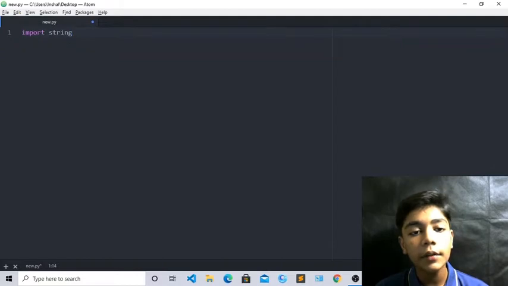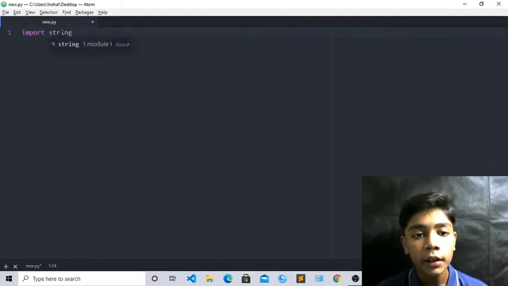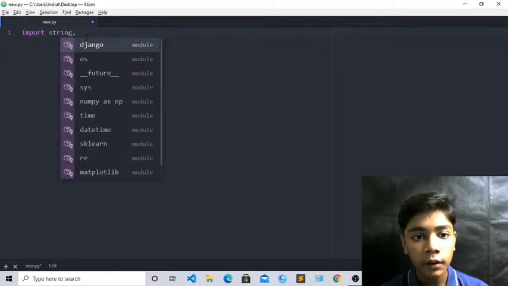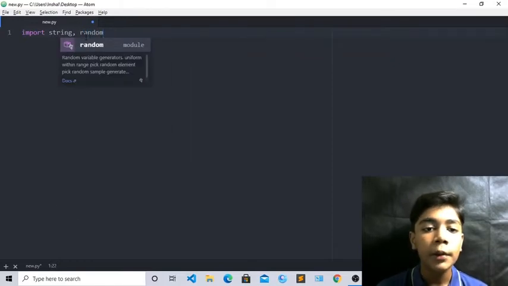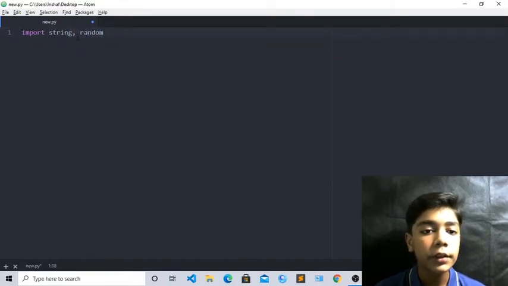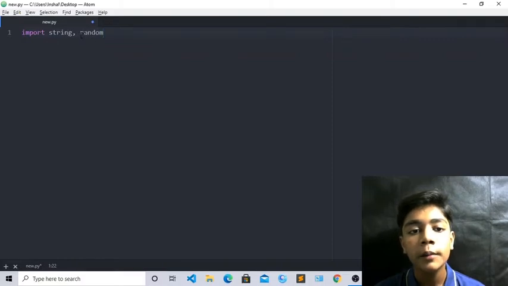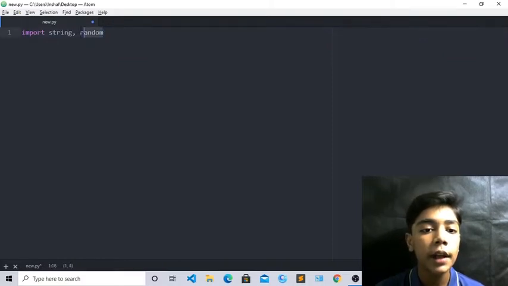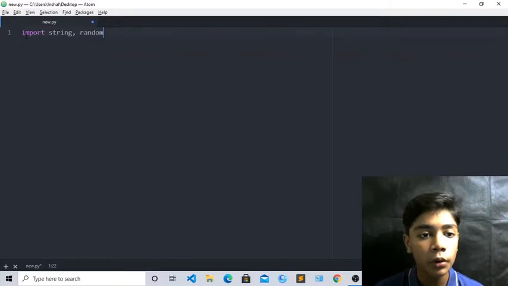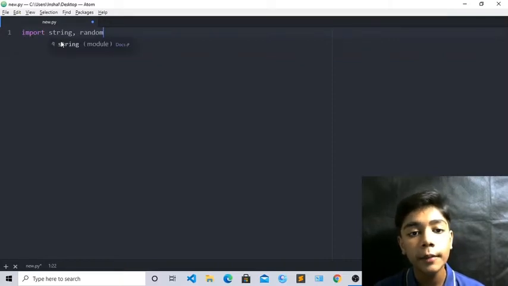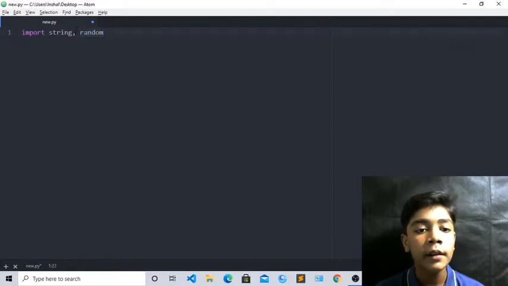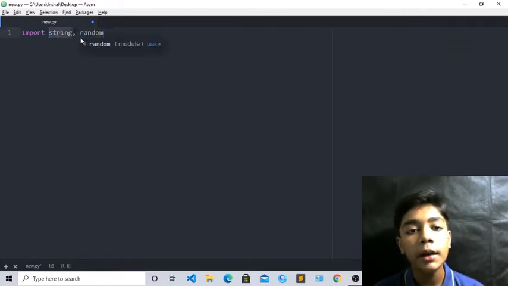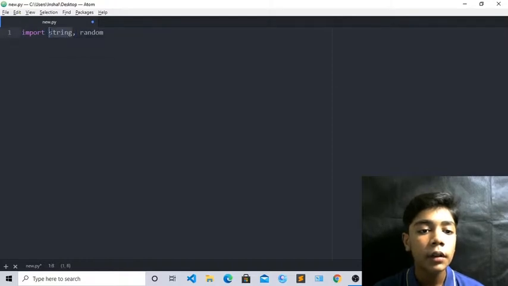Now you can see we have written just import string here, then we will write a comma. Okay, we have written a comma, and then in front of it we will write random. Okay, because we are making a random password generator, we have to write random here, which is really important to write. Because when we make anything random, we have to use this random tag also with import. Okay, because we have to import anything random, or we are working randomly, so we have to use this random tag, and we are using this string tag because it is really helpful for text.